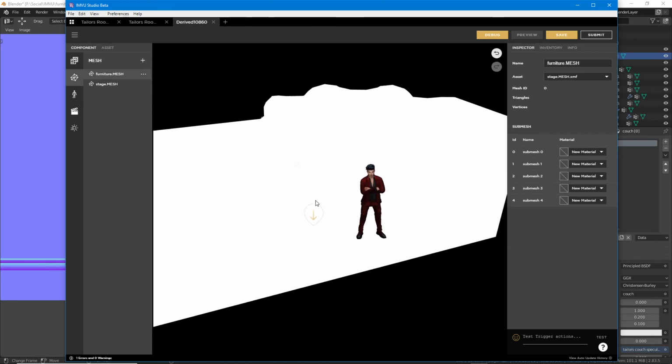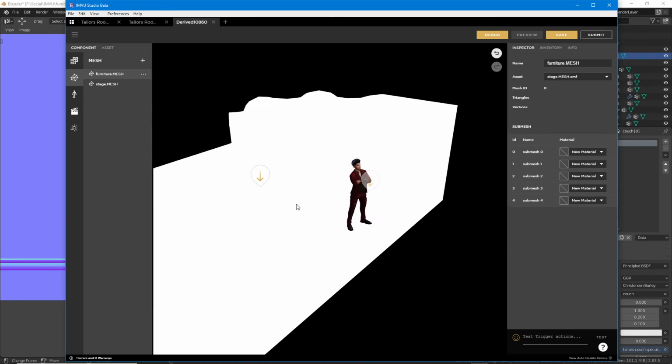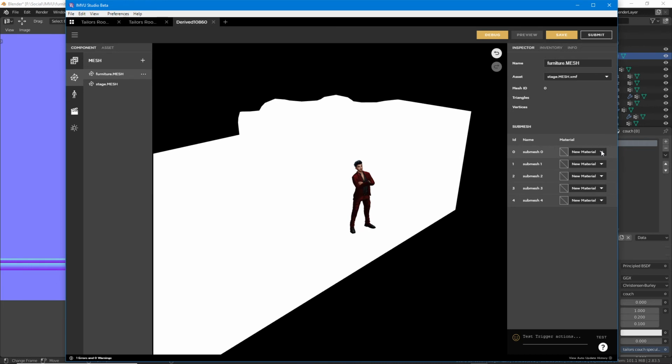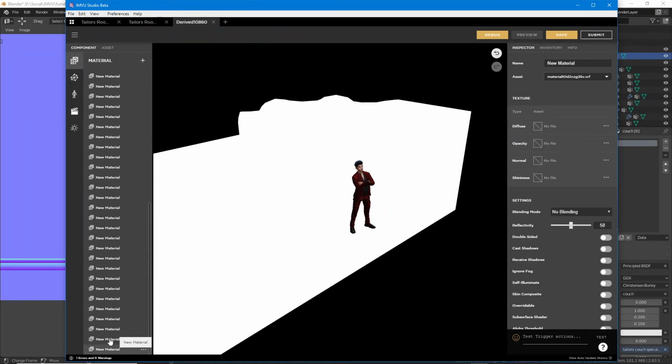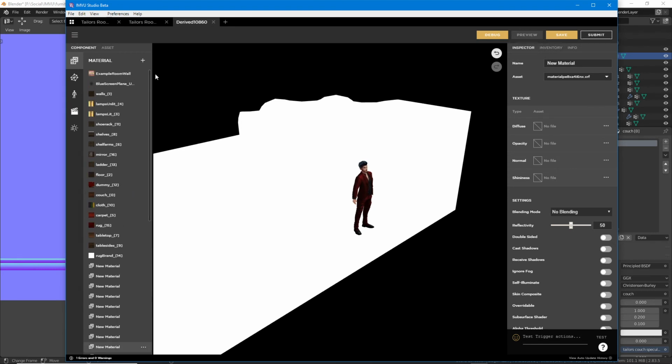It drops all the materials. But not only does it drop them, but it creates a whole list of new material slots that I have no idea what they are. But